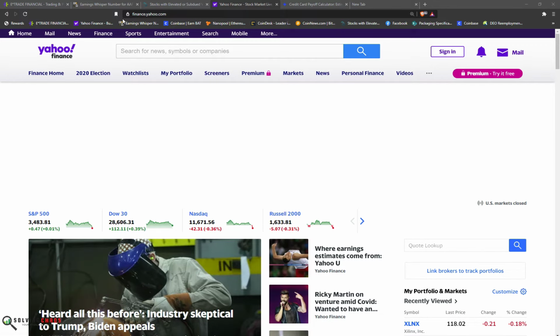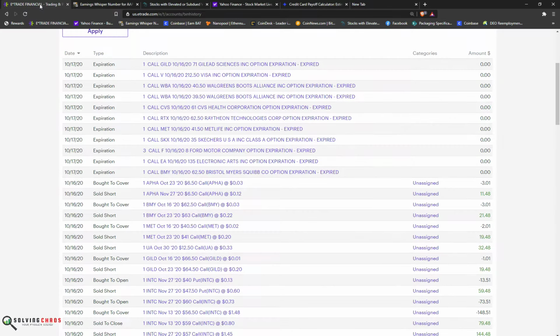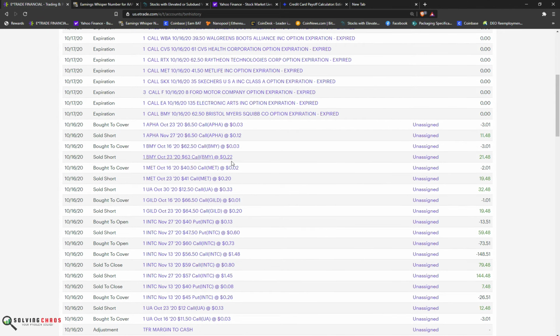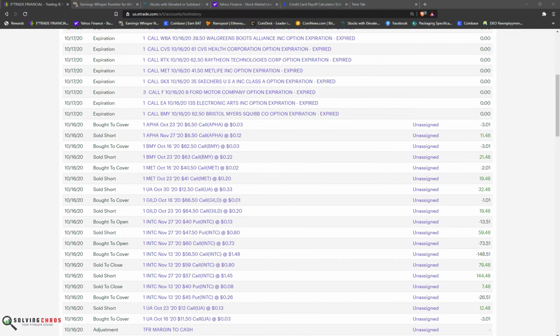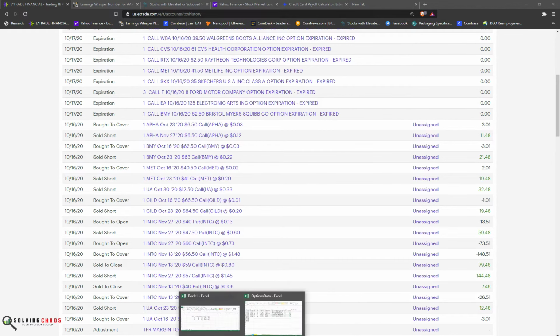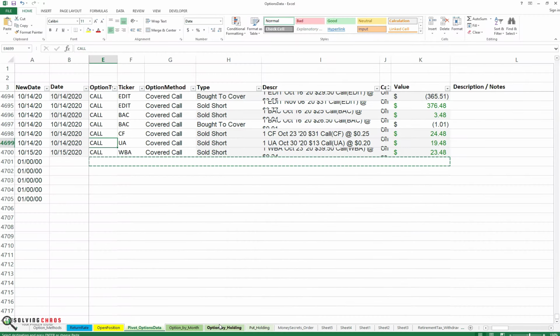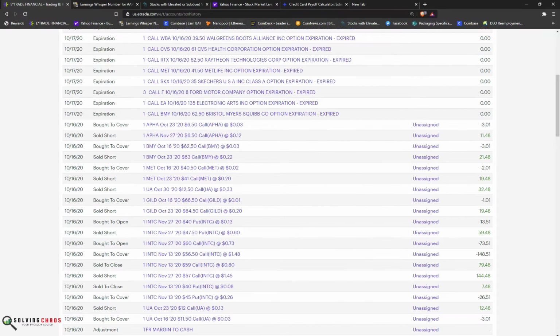Let's go into trusty ETrade, and I have it here. And the first thing I do is I don't like copying the expirations first. So what I do is I wait for these things to get processed, and then I paste it into my trusty spreadsheet, which you guys know about, and I track all my trades that way. So let's do that. We're going to go here. We're going to grab the data,